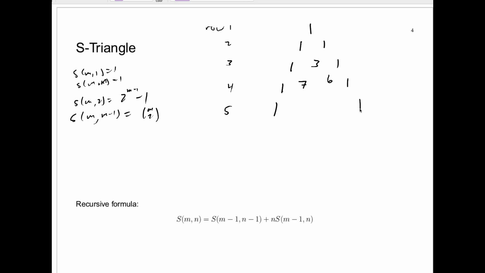And let's go through that now for row 5. It starts and ends with a 1. That's from these two. In the second position, we have 2 to the 4th minus 1, which is 15. In the fourth position, we have 5 choose 2. 5 choose 2 is just 10. And S(5,3), we actually computed that just a few seconds ago. S(5,3) is 25. So here we see the first 5 rows of the S triangle, and you can continue row after row after row,